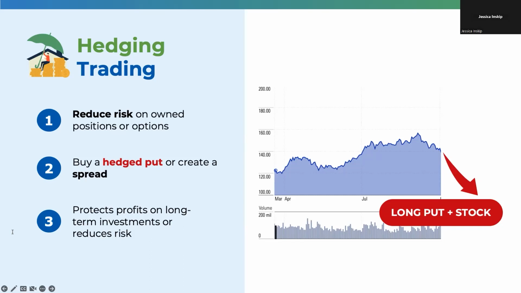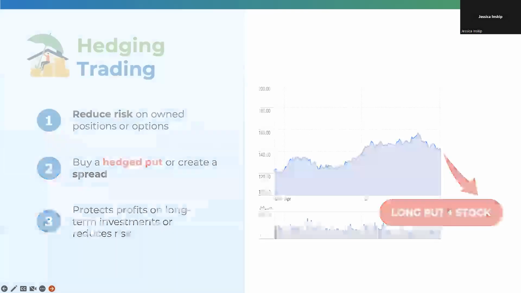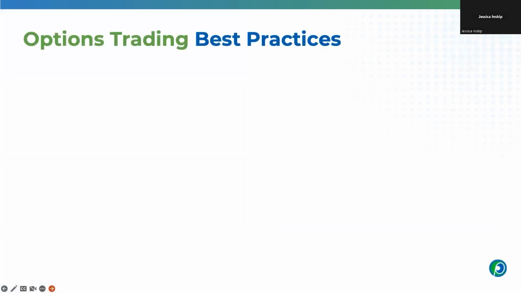Those cover the three main reasons why one would trade options, which is speculation, income, or hedging. Options are certainly complex. They are used for a variety of reasons, and I definitely appreciate you taking the time to understand that. What I do want to make sure we cover lastly before we open it up for questions is